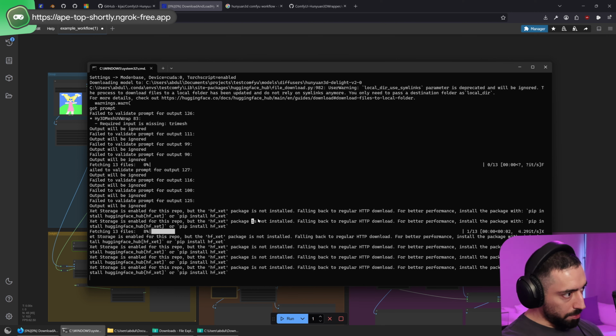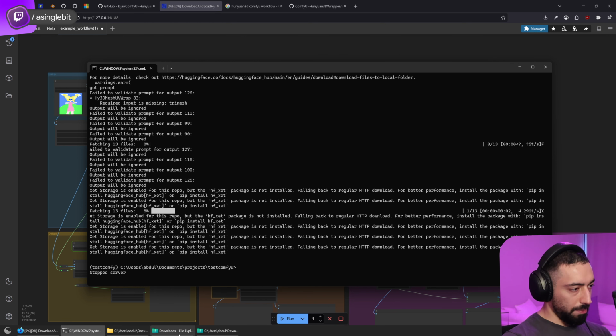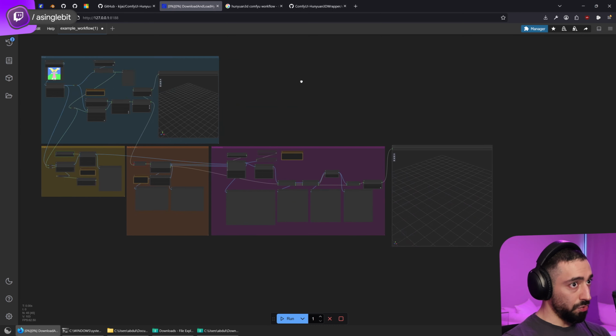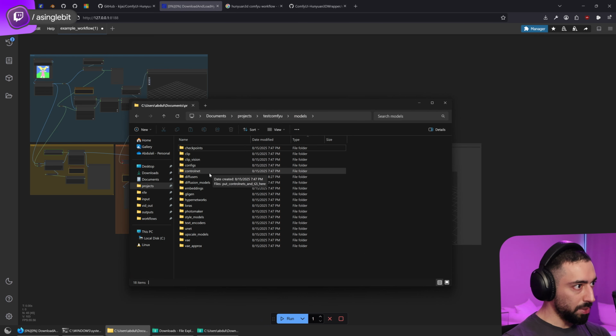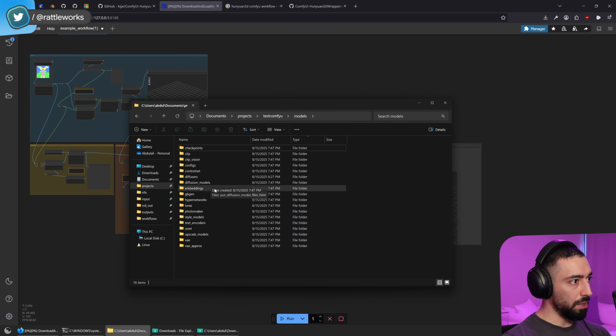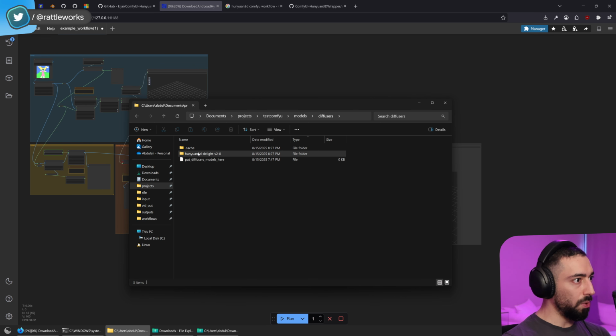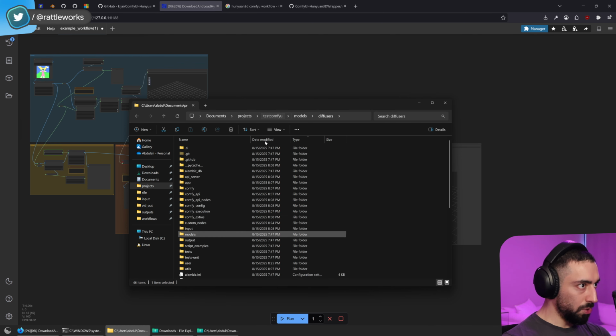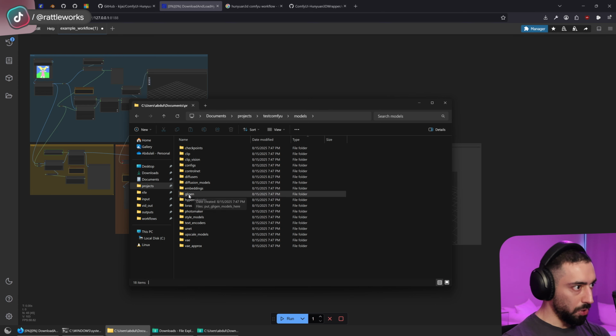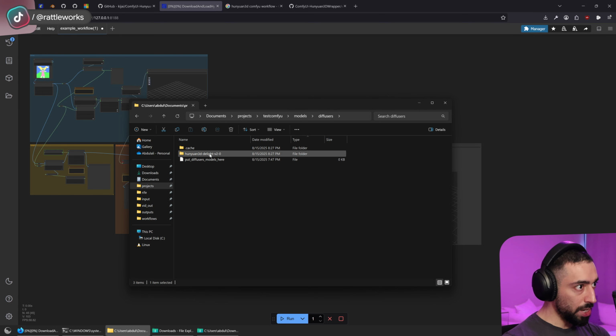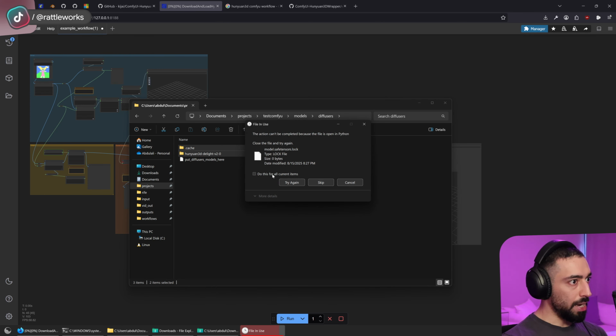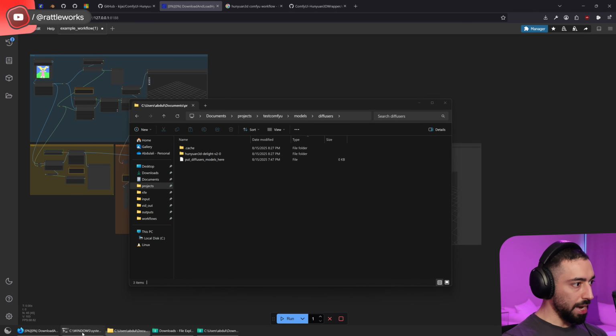Okay, so I'm gonna pause this here. Basically, what's happening is, the first time you run this generation process, there is a script within the Hunyuan wrapper that starts to download all the missing Hunyuan models. And these are the models. If you go to ComfyUI, test ComfyUI models, if you go into the diffusers, it will start downloading all the necessary stuff into this folder. Now, because I already have them